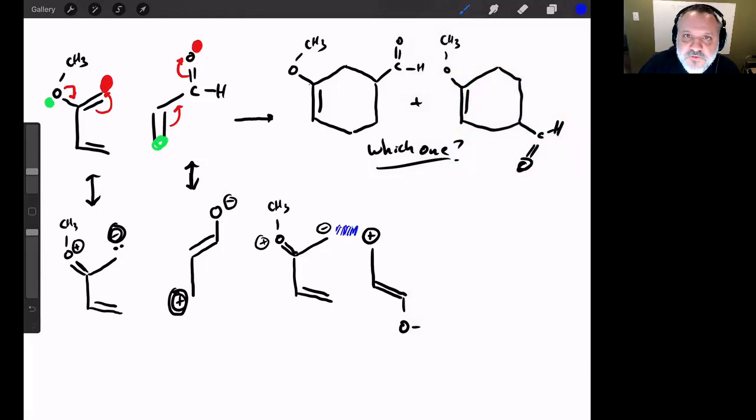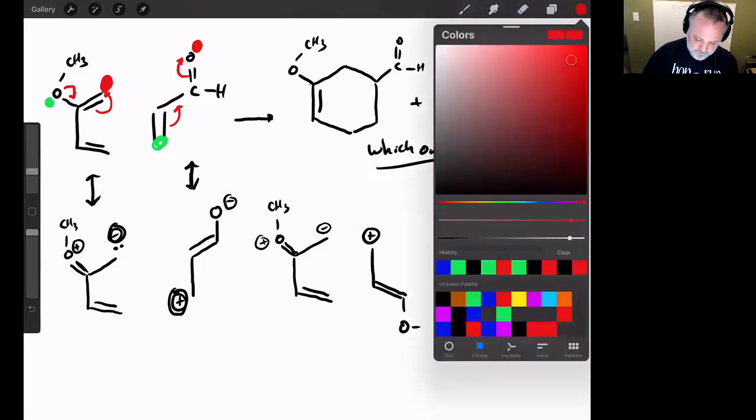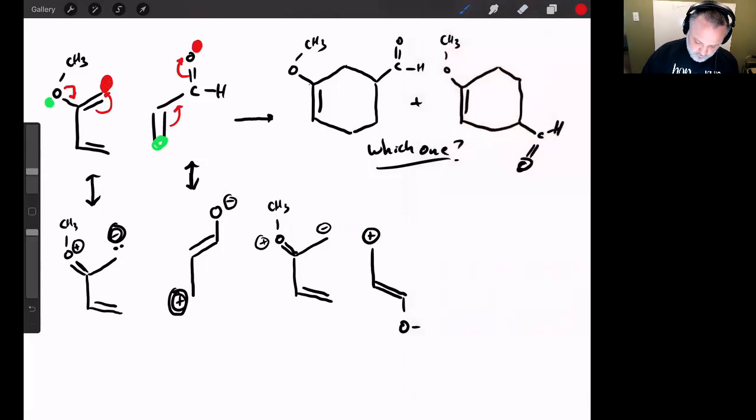So a partial negative charge will be attracted to a partial positive charge, just like any other situation when there's some polarity going on. And so we can orient them this way,